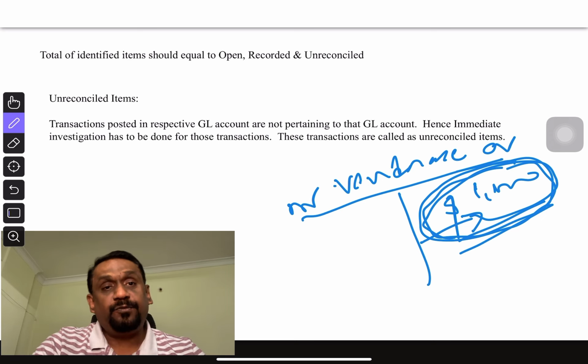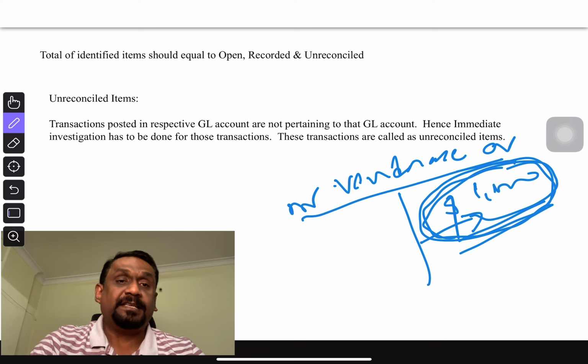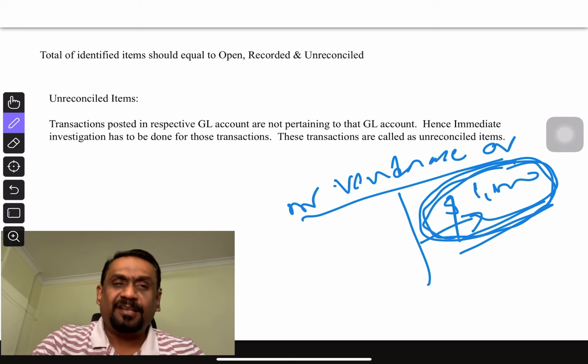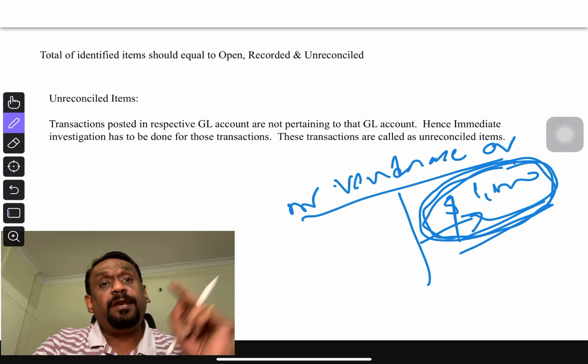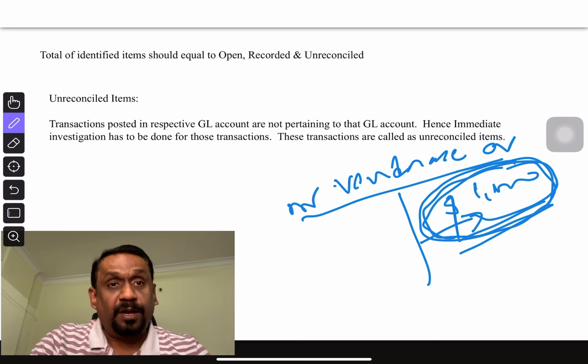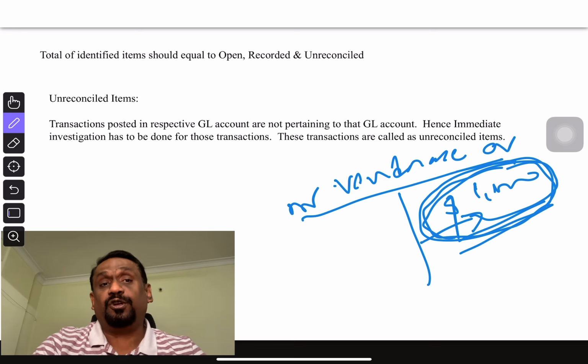The other aspect is when you are preparing a reconciliation as part of the R2R process as an accountant. If you don't even know what open item, recorded item and unreconciled item are, whatever reconciliation you are preparing is useless. You first understand what you mean by open item, recorded item and unreconciled item. Then there are many areas you need to look into. Once you identify, you also need to work on aging analysis,